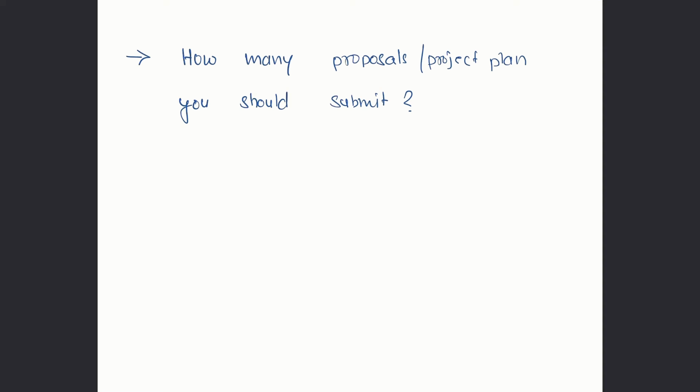But if you are selected in both, you can only work on one project, so you should focus on one project. I recommend going with one proposal submission and focusing on only